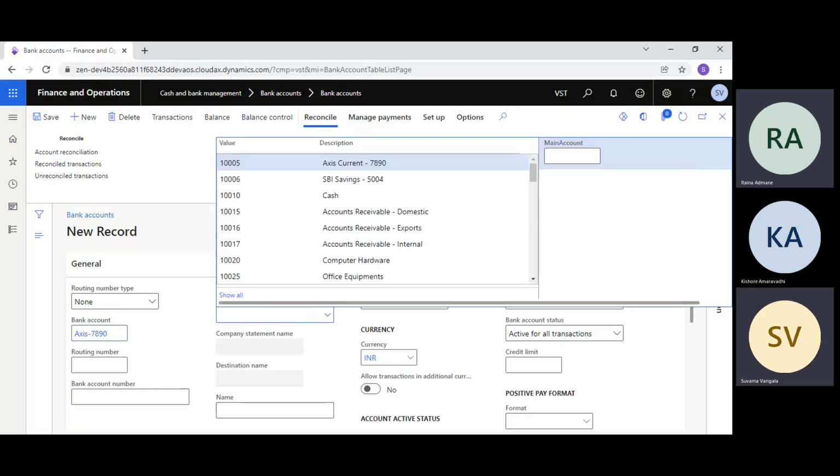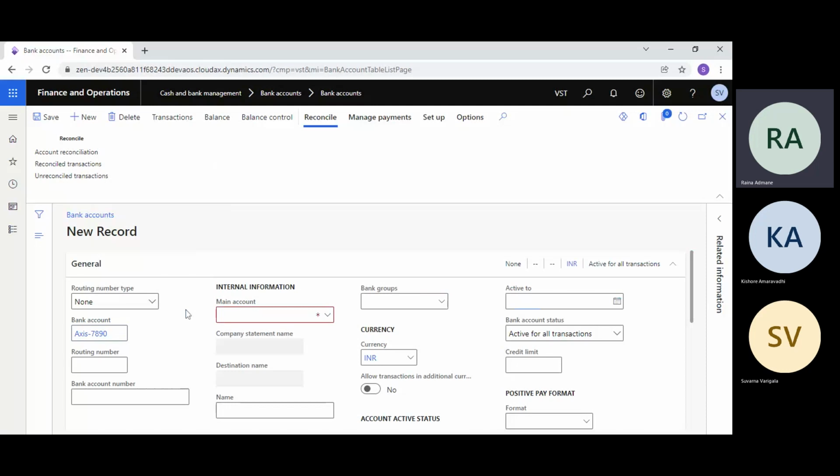Then there is a routing number and then there is a bank account number. So the bank account number is the number which is given by the bank. That is the exact account number. It should be your 16 digit or 17 digit. So this is the actual number which we have to give. So just type a 16 digit code or 10 digit code, which should have the last four digits 7890.